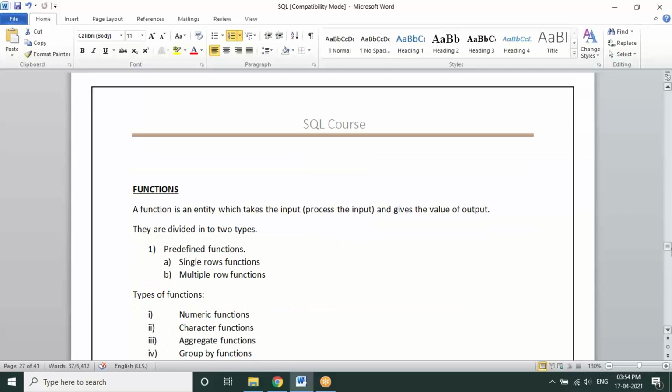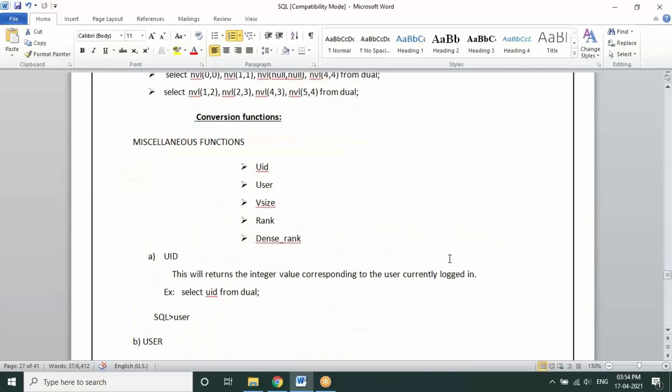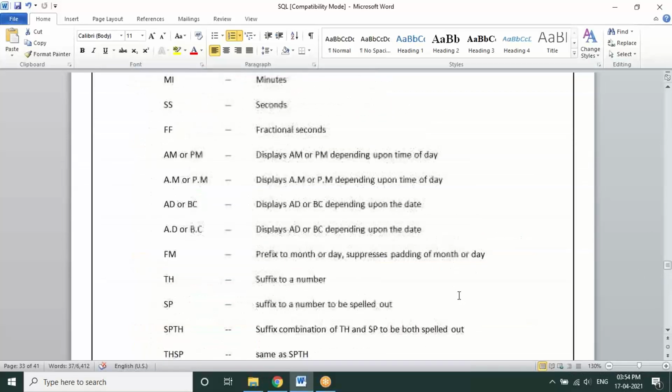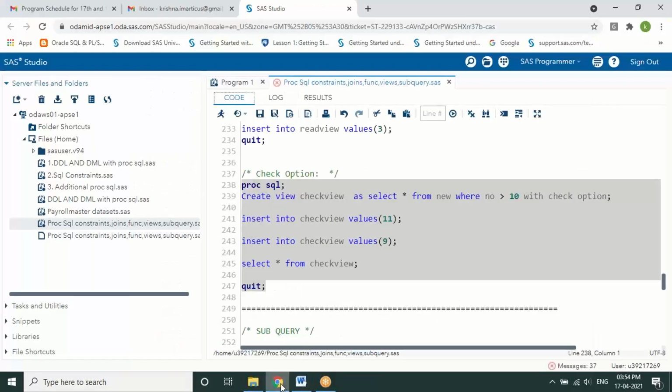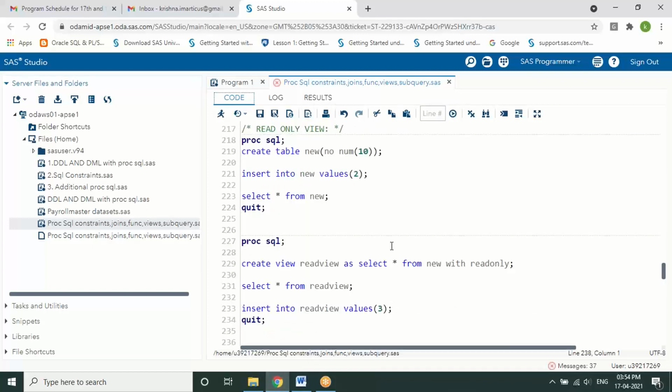Right? Is it clear? Krishna, what is no num? Where is it? You specified that in the command. Scroll up once. No number, I think you mentioned. No, num 10. Not no num. It is a column name, and the data type is number. Okay, okay. I thought some other. Okay, nothing like that. Just give me a second.